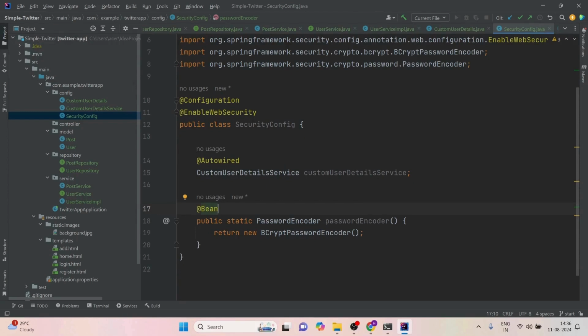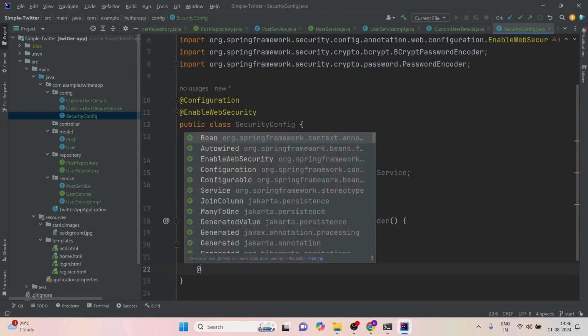Now we are marking it as a bean so that this method returns a bean to be managed by the Spring container. And we are defining the password encoder method for encoding our passwords. Now this password encoder method returns an instance of a BCrypt password encoder, which is used for hashing passwords. Once that is done, we'll create another bean here